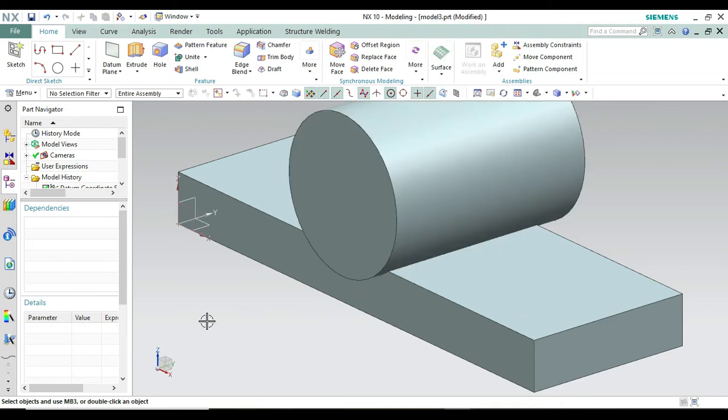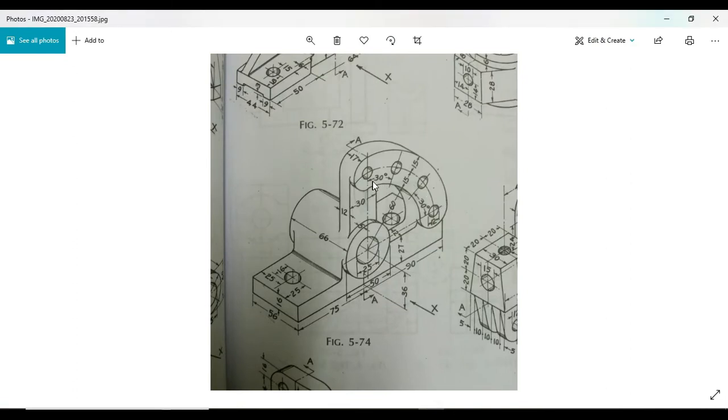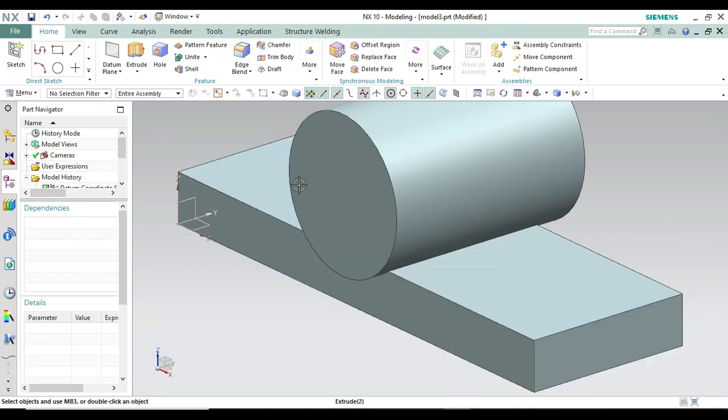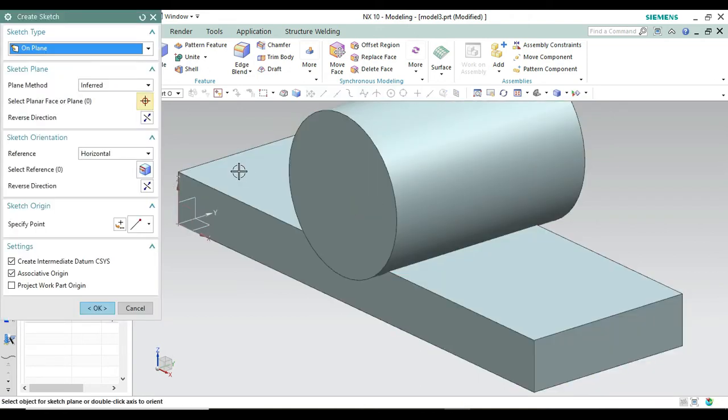Now we have to create this arc and this rectangle. So first go back again. Now we have to work from this face. Click on Sketch again, select this face and make it OK.